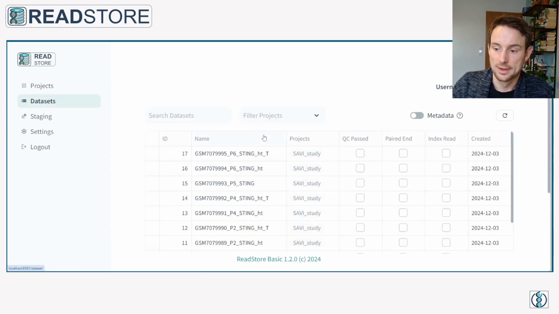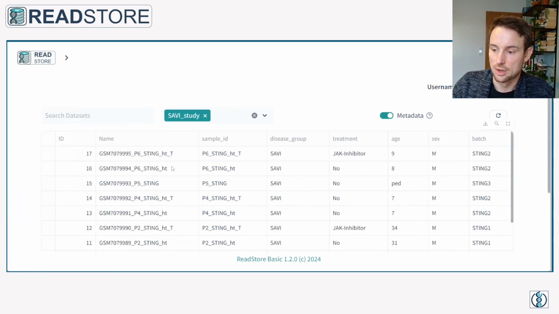And if we move to the datasets page, we can again filter for this project and we get a list of all the datasets that are attached here. In this case, those are 17 datasets. The IDs here are rather cryptic, but we can, for instance, toggle the view here and show a metadata overview. And here we get all the covariates that are later important for our analysis, for instance, age, sex, the batch,